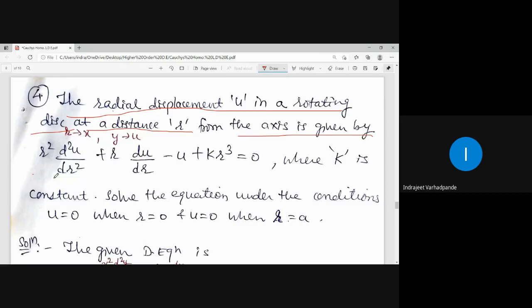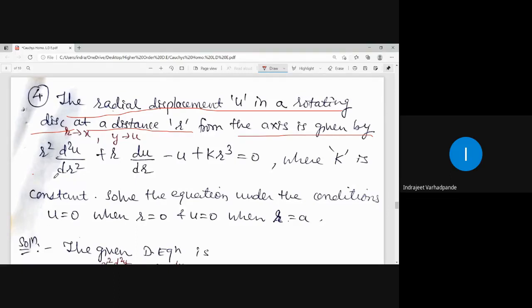Now, usually we have been habituated with the differential equation dy by dx, d2y by dx square, and wherever Cauchy's homogeneous linear differential equation appears, there we have x square into d2y by dx square, x into dy by dx, and so on. Right? Here, for the very first time, it is sort of a word problem wherein we have variables other than x and y. So I told you every time that you concentrate on the dependent variable and independent variable.